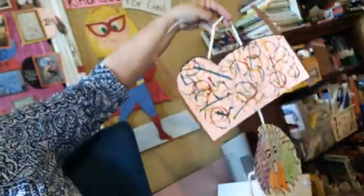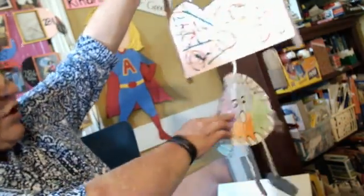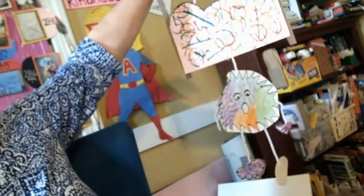Let me turn my camera around so you can see it all finished. I'll hold it up for you. Well, my camera's having problems. So it'll look like this. Okay, and you can send me a picture of you holding it up so that I can see it,